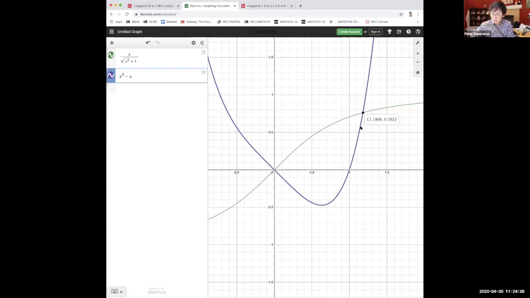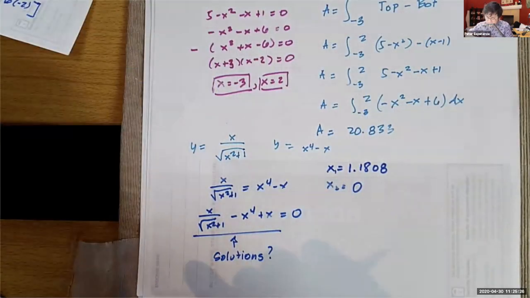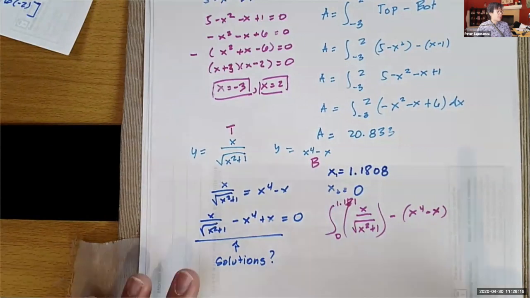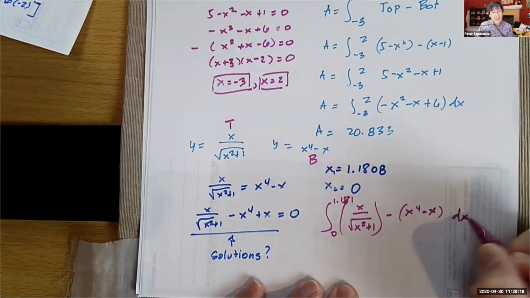So write that down. I will write it down. We have 1.1808, solution 1.1808, and the other solution is, do you think the other solution is just 0? Yeah, it is 0. So x is equal to 0. So now, how are we going to construct our limit of integration? Because we're not going to be able to use the calculator if our function is wrong. So the limit of integration would be, this is the upper limit. So now that we have our limit of integration, dx, because that's the differential,